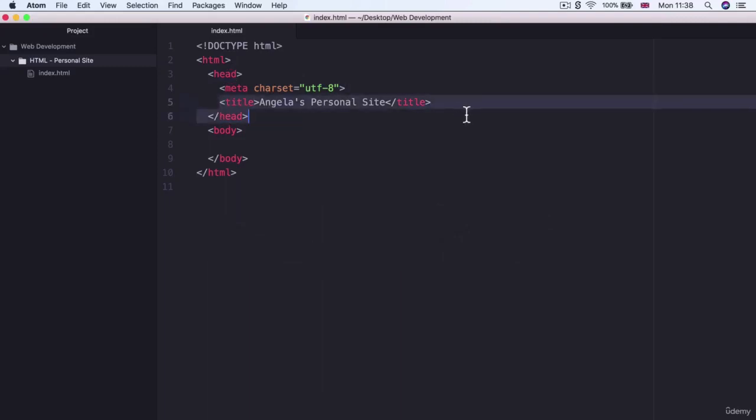Now, at the moment, our website doesn't contain any content yet, but it does have a title, which you can see here. And it says Angela's personal site, which is what we created over here. Now, inside the head section, there's also this meta element. Now, there's quite a few different meta elements,